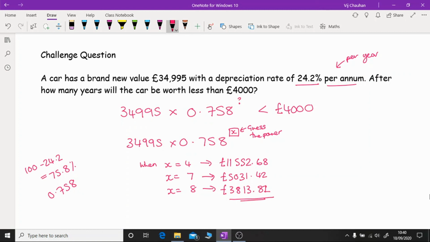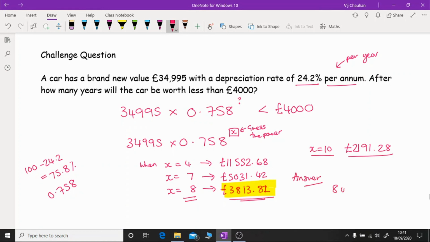So as you can see now, because I've gone from 7 to 8, I know that when it's 7 years, it's over 4,000. But when it's 8 years, that's going to be my first year where it's under £4,000. If I tried x equals 10 years, then obviously I'm going to get a value that is less than £4,000. But is it the first year? The question's asking after what year is the car going to be worth less. So although after 10 years it is worth less than £4,000, it's not the first year that it's worth less than £4,000. So your answer